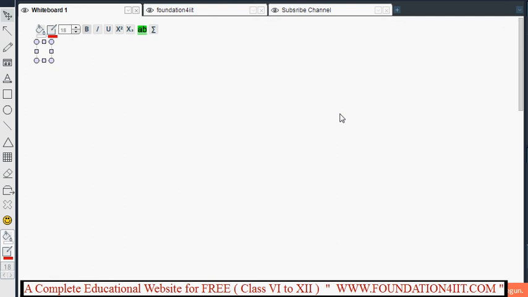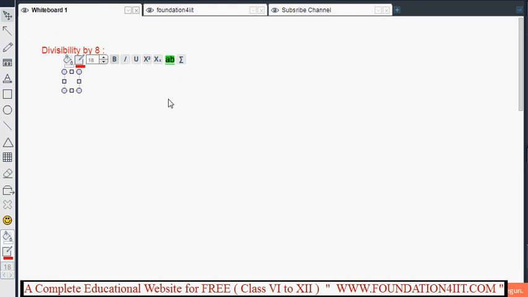Divisibility by 8. So now the rule for 8. The rule for 8 is similar to 4. For the rule for 4 we saw the last two digits, right? Now for this we just need to check the last three digits. So we can write it like this: